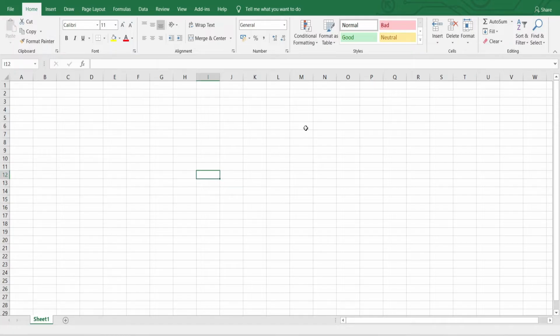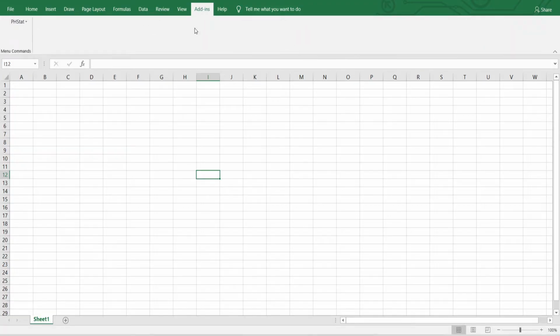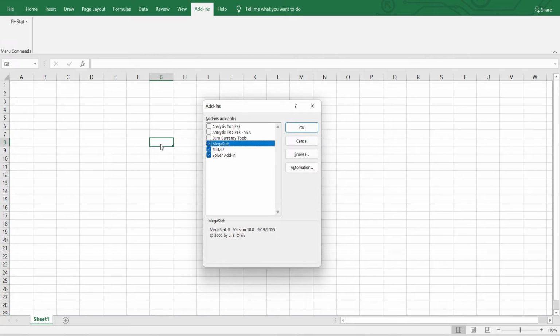Now the Megastat add-in should be listed in the add-ins window. If you are able to see the add-in, then your integration is complete and you can start using it right away. But in some scenarios, the add-in may not be visible straight away. To solve this, we will need to repeat the steps to add the Megastat add-in, but this time with a minor change. Go again to the add-ins window. There is also a shortcut to open the add-ins window, which is Alt plus T plus I.